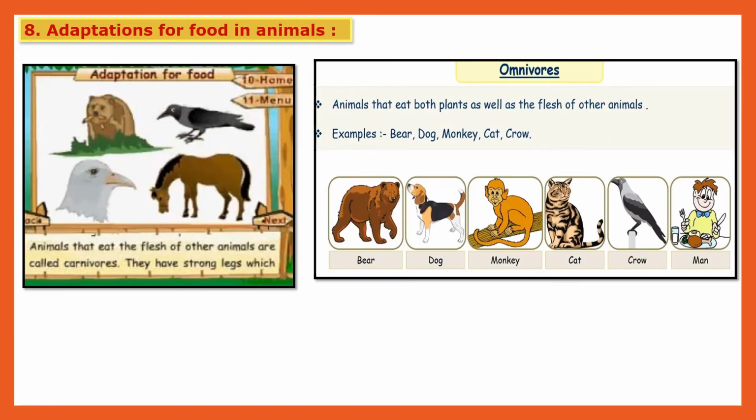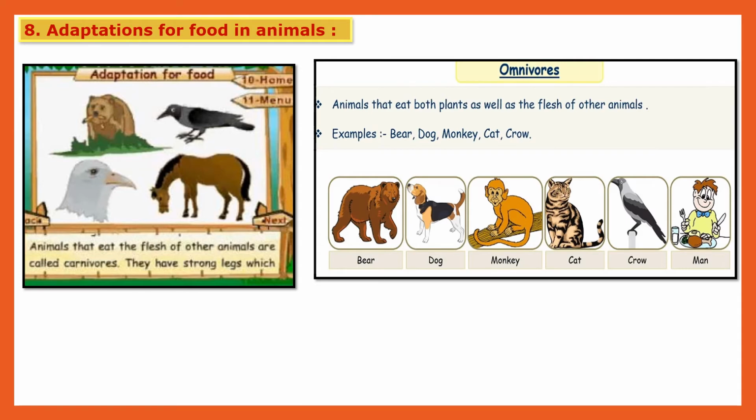Now the next type of adaptation is adaptations for food in animals. Some animals eat the flesh of other animals, that is called carnivores. But there are some animals, children, that eat plants or vegetables, that is called herbivores. And some animals eat both, means plants as well as flesh of other animals, that is called